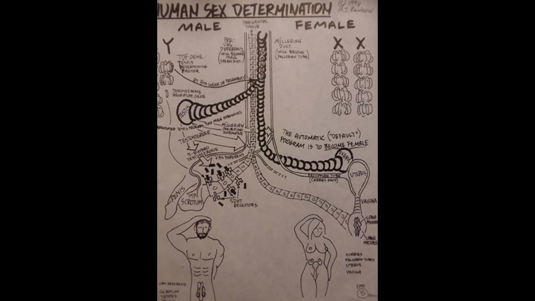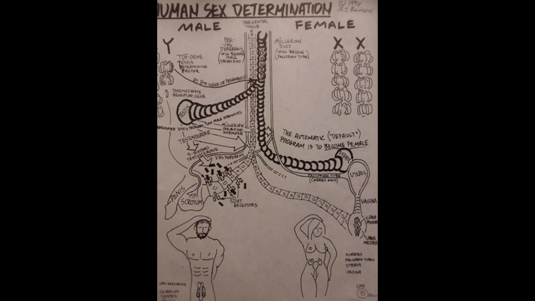Now the testes cranks out a hormone called the Mullerian inhibiting hormone, and that hormone diffuses over and binds to the Mullerian duct and tells the cells to commit suicide, apoptosis, so that they don't persist in making a fallopian tube. Meanwhile, the testes also produces testosterone, and some of it binds to the pre-vas deferens and tells it to make a sperm duct. All the while, some of the testosterone gets converted by an enzyme into